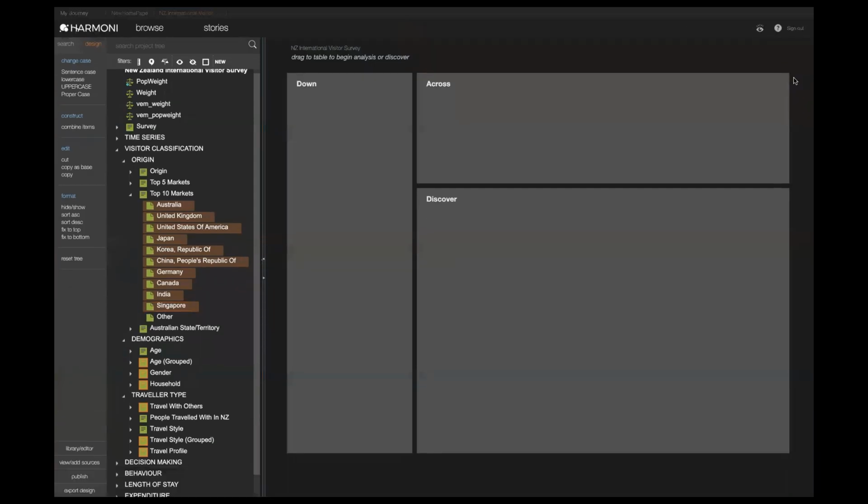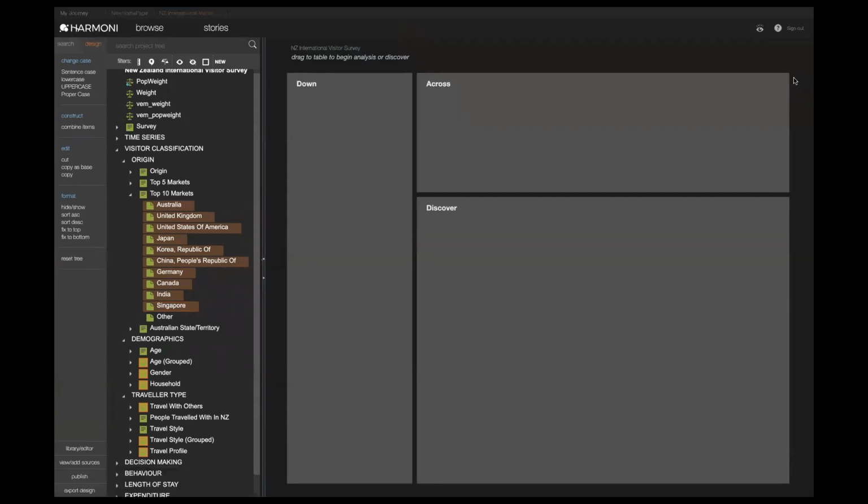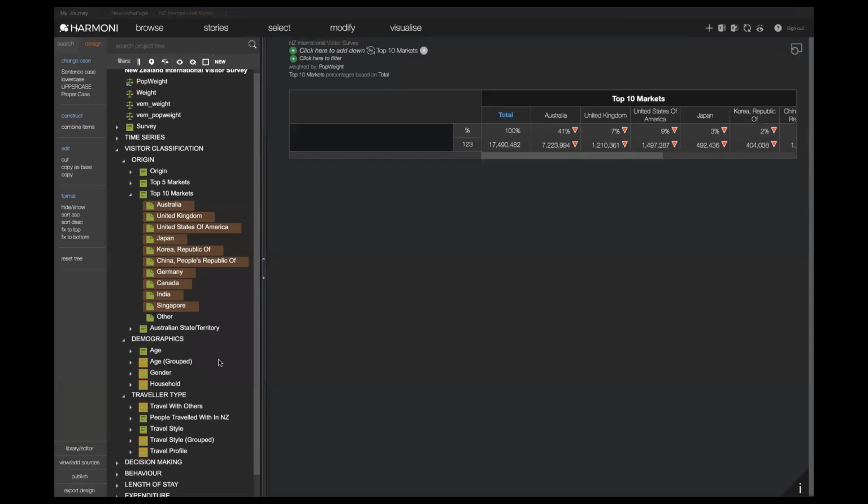I'll clear the analysis pane. And I want to find out, in terms of the things that people do when they're here, what differentiates visitors from Australia from visitors from other countries. To do that, I'm going to drag Australia, the top 10 markets, into the cross part of my analysis pane. I'm going to find, using the search function,